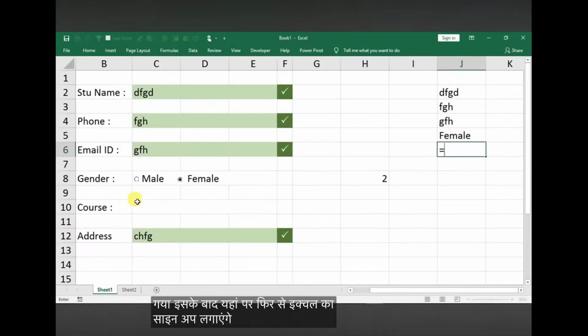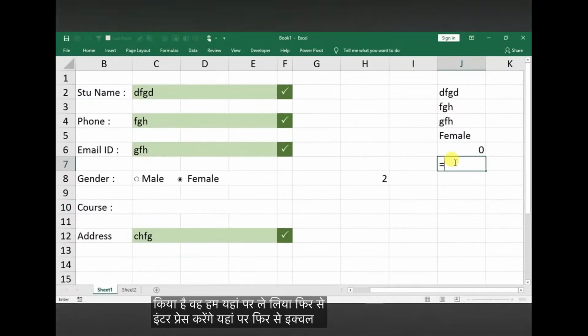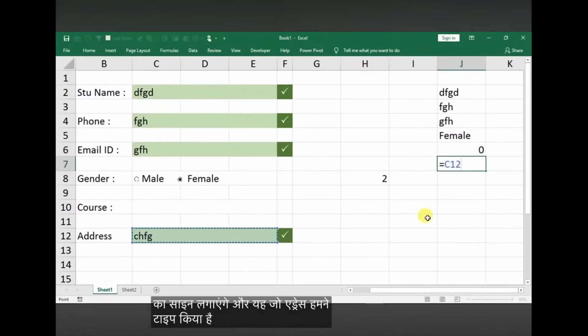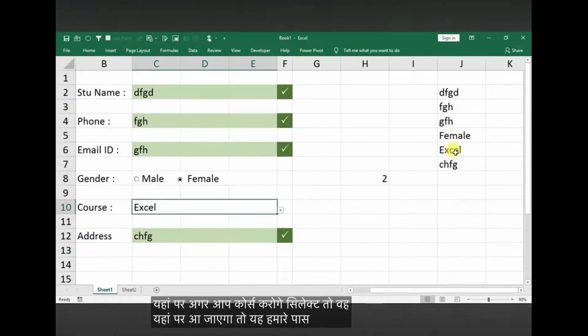इसके बाद यहाँ पे फिर से इक्वल का साइन हम लगाएंगे और जो कोर्स हमने सेलेक्ट किया है वो हमने यहाँ पे ले लिया। फिर से एंटर प्रेस करेंगे, यहाँ पे फिर से इक्वल का साइन लगाएंगे और यहाँ जो एड्रेस हमने टाइप किया है वो ले लिया। ठीक है ना, अब यहाँ पे अगर आप कोर्स करोगे सिलेक्ट तो वो यहाँ पे आ जाएगा। तो ये हमारे पास है एंट्रीज की वैल्यूज, एंट्रीज की वैल्यूज यहाँ पे ये हैं।